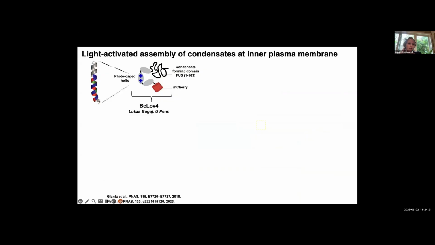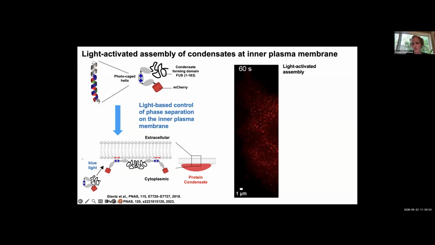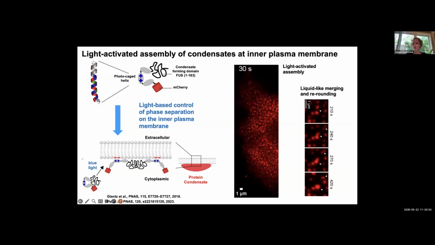Meanwhile, Johann has soldiered on. He's been trying to figure out how to observe this phenomenon in cells. And to do that, he has built protein condensates on both sides of the plasma membrane and attempted to observe coupling between them. So to build protein condensates on the inner surface of the plasma membrane, he used this tool, BcLOVclust4, from Lukasz Bugaj at UPenn, if any of you know him. So what Lukasz did is he made this light-activated protein that when you shine blue light on it, can be recruited to the plasma membrane and will form condensates. So you can see it here. It's in the cytosol. You shine blue light and it comes to the plasma membrane and makes all these little